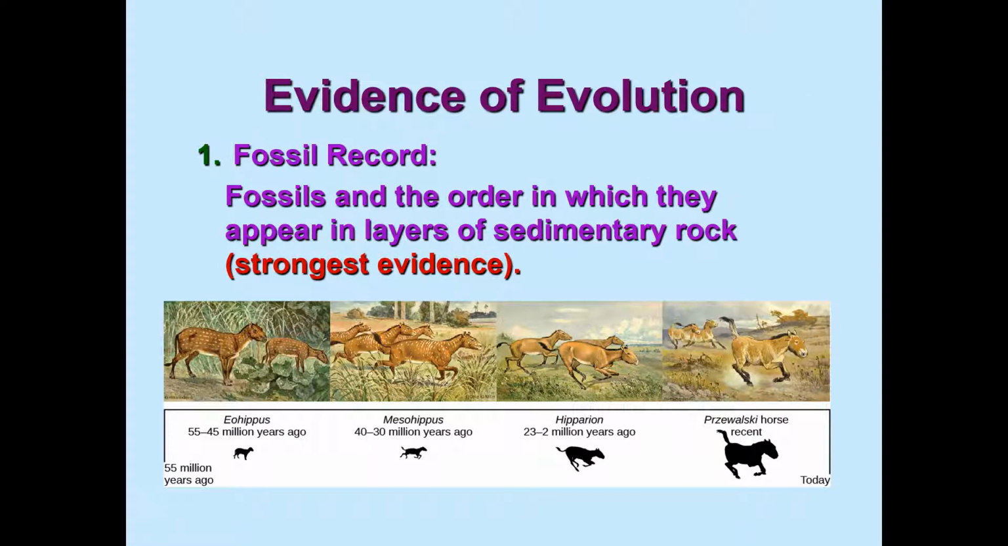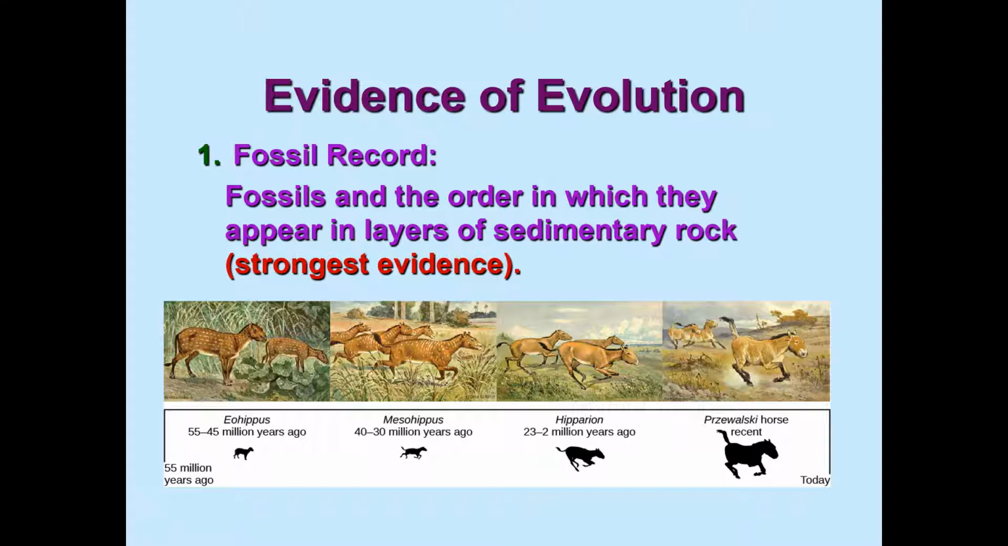Now, evidence of evolution, the most obvious one is fossils. Okay, archaeologists and paleontologists look for bones. They look for teeth, hard structures in animal remains, particularly. They can't do that as well with plant remains because plants don't have hard structures as much. But anyway, basically the fossils in the order in which they appear in layers of sedimentary rock show evolution over